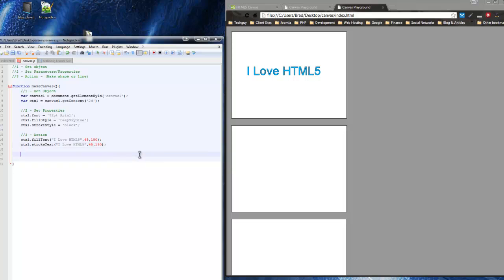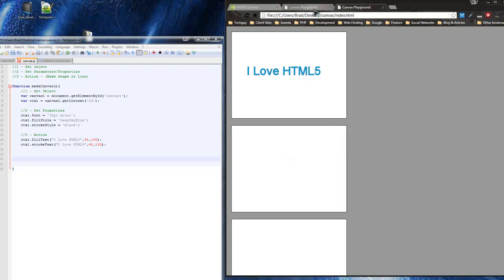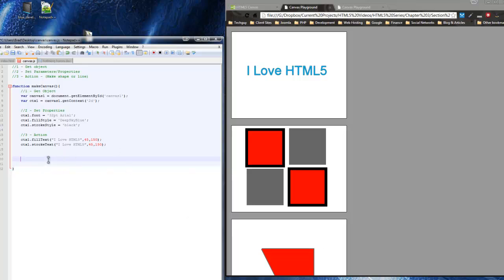And this one is going to be these squares. We're going to draw some squares. 2 of them red with borders, and then 2 gray ones without borders. And I like to keep it there. I like to look at it while I'm writing the code. Just makes it a little easier. So I'll just put a comment here saying canvas 2 squares, and I'll clean this up before I actually put it in your program files,